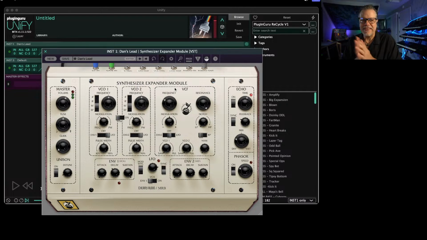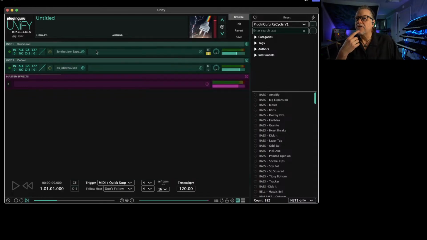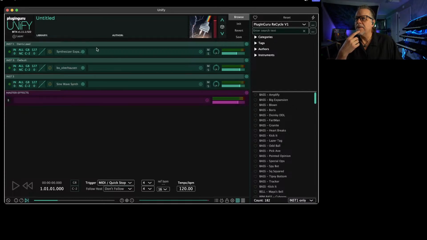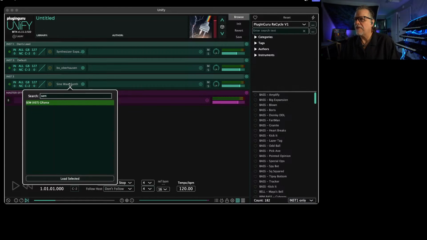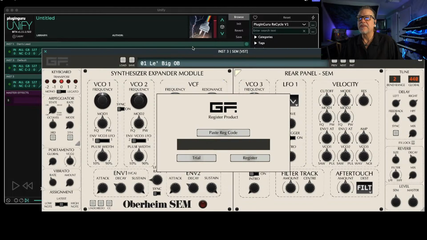So, free synthesizer from Cherry Audio as a Christmas present. Elaborate emulation, right? Yes, there's also that one, so I can show you that as well. Let's say new layer, and SEM from GFORCE is a,